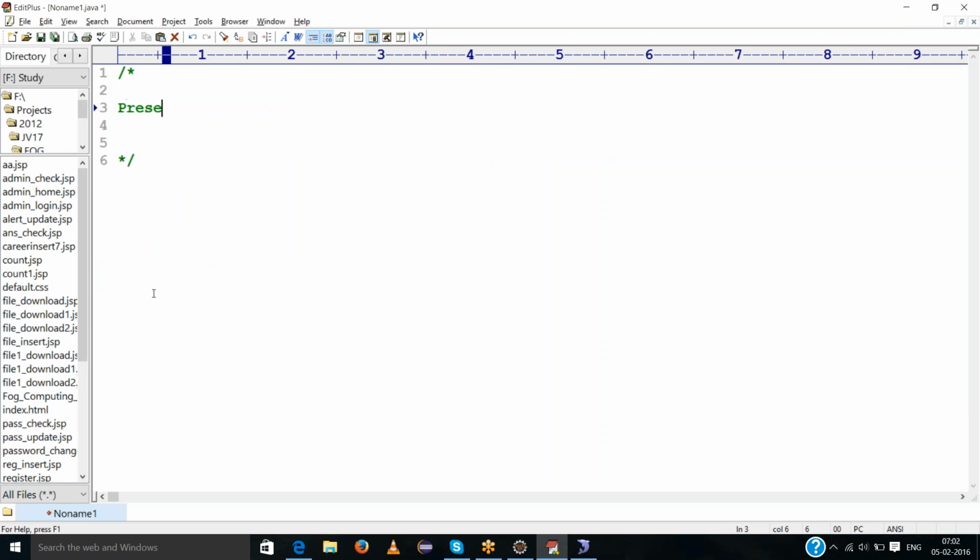Next side heading, everyone, a very important and project-oriented concept. Up to now I am discussing only the presentation layer, the UI, meaning HTML coding.